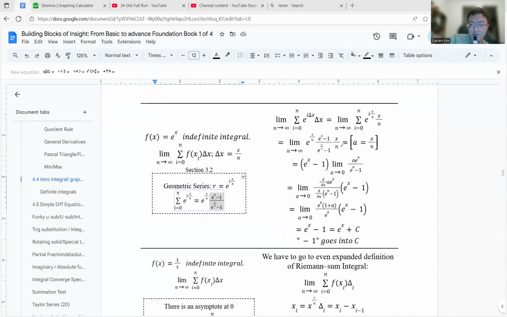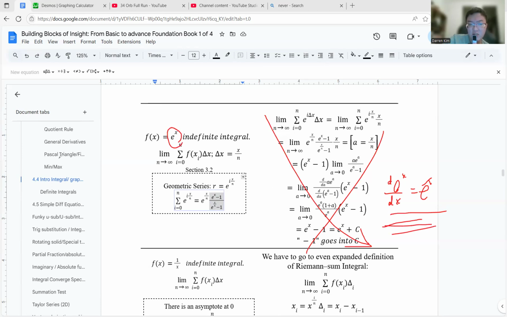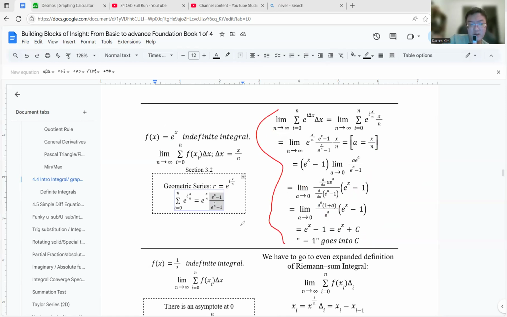Anyways, I can't explain this, but at the end of the day, do I need to explain it? I kind of need to. No, I just want to explain the easier way to you. So you know how a derivative of this is basically e^x. Don't do all this. Just realize that there's a derivative of it and just take the integral. It's much easier. The reason I'm doing all this is just to prove that it works.